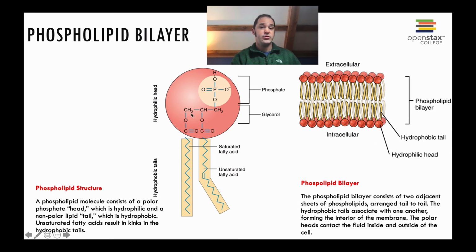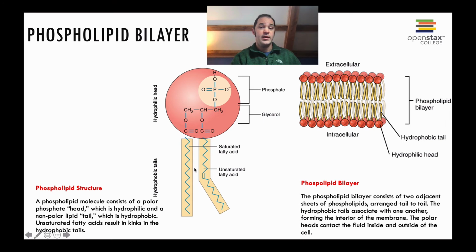And it still has 2 hydrophobic fatty acids hanging off this glycerol backbone. So that phosphate group is charged, and what ends up happening is the head of this molecule ends up being water-loving or hydrophilic, and the tails end up being